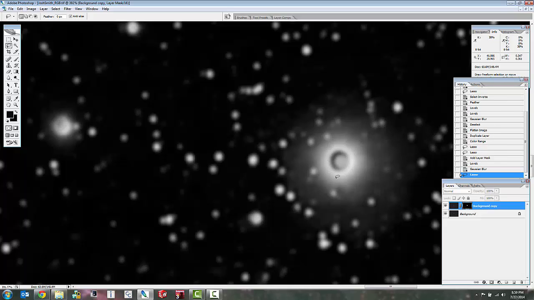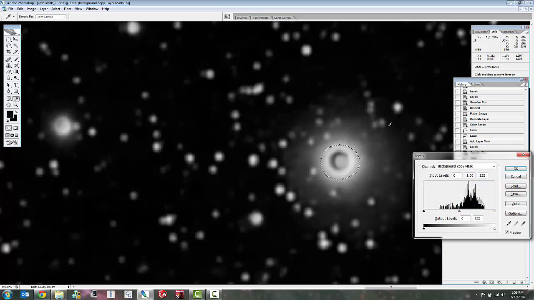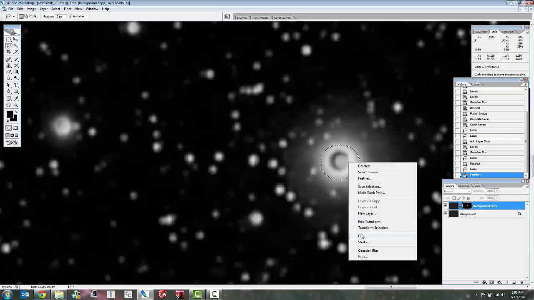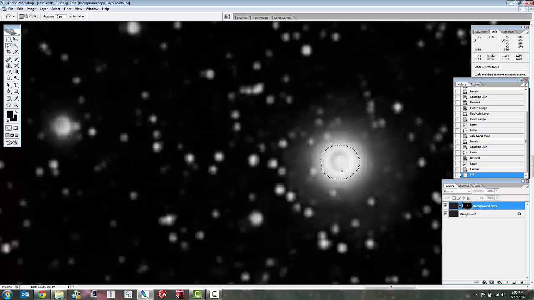So, if we get an effect like that, then I might come in here and select a feather, and we'll call this like an 8 pixel feather based on how big it is. And what we're going to do is actually fill it with white. But we're going to do like a 75% opacity so it doesn't get too much of a hard line. And it still wasn't exactly what we wanted, so